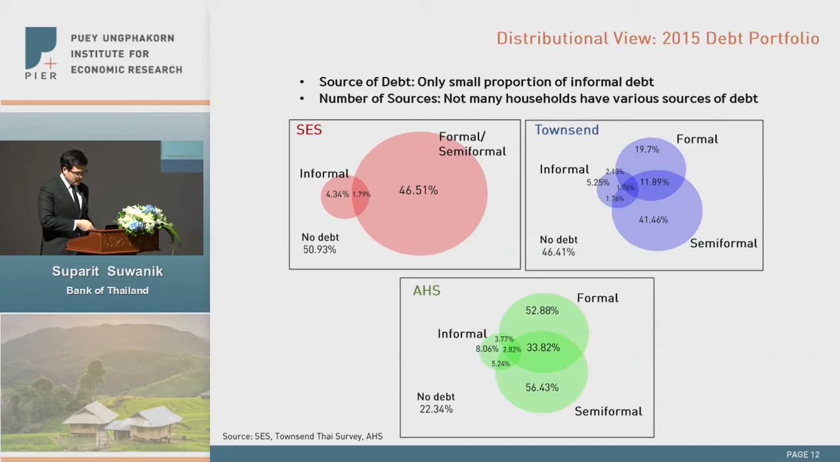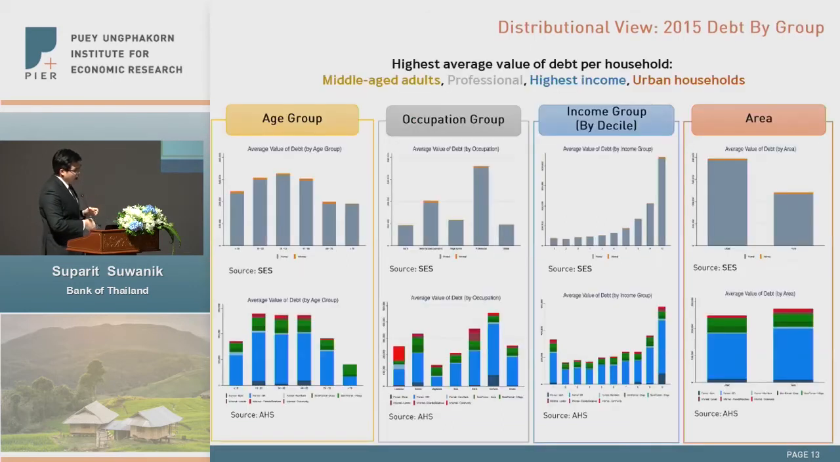So now let's consider clustering the households into groups according to age, which we measured using the mean age of all members in the household, and occupation, that is the main occupation of the household, the income, which we segregated into 10 groups or deciles, and the area, which is separated into urban and rural areas. So from the SES, which is on the first row here,